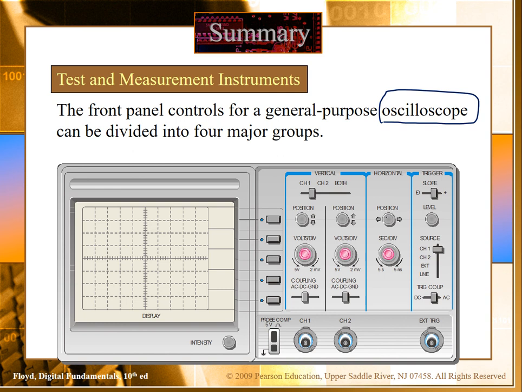For the oscilloscope, you just have to use the different channels. You connect to your test board and you can get the results here, for example, this waveform. Usually an oscilloscope is used for the analog system, but we can also use it for the digital system.